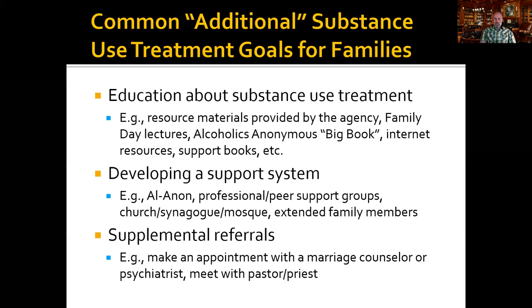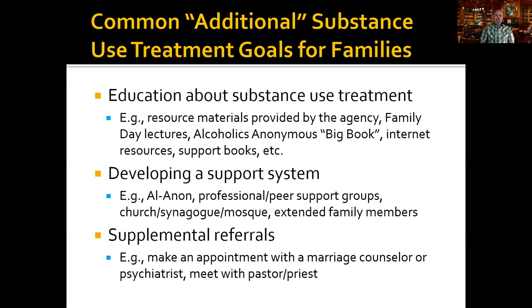Similarly, developing a support system. Most families who are coming to a substance use treatment facility because one or more of their family members are in treatment for a substance use disorder typically don't have very good support systems. Most of the time, the family members have been shutting off from potential support systems. They're not talking about what's going on in the home because they're concerned about it, or they're worried about it, or they're ashamed by it, or they're stigmatized by it. So most of the time, they've become very isolated with a big problem that they're not talking to anybody else about. So developing a support system is a really important aspect of treatment for families.